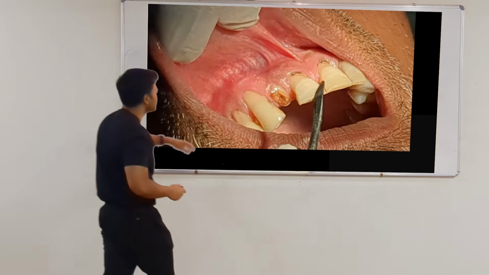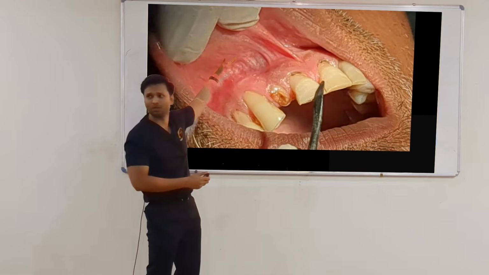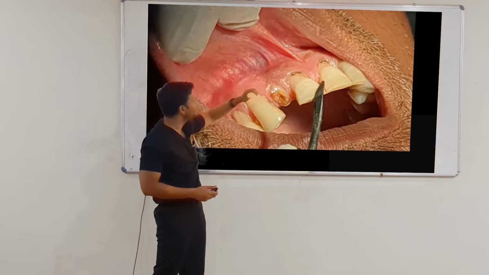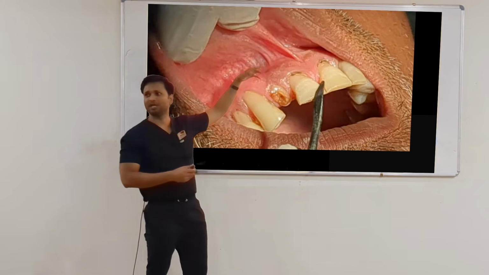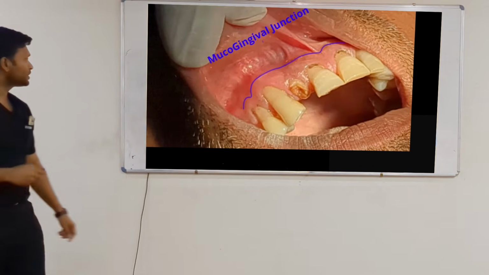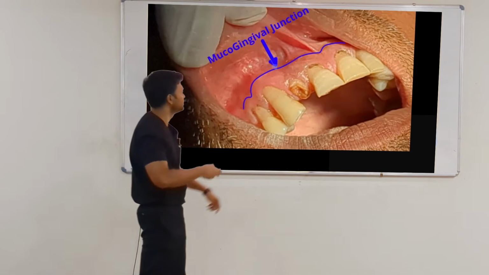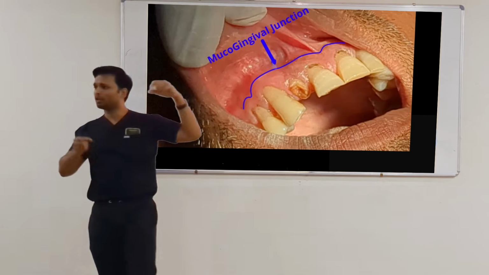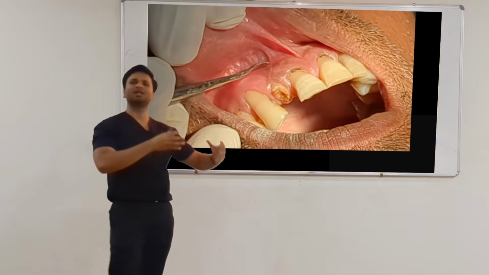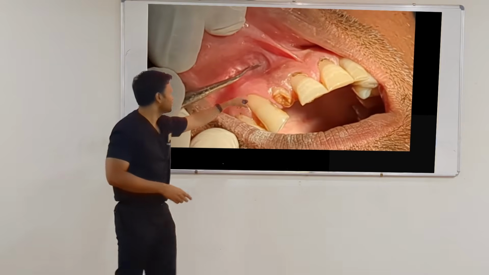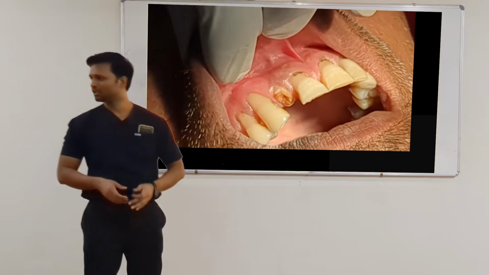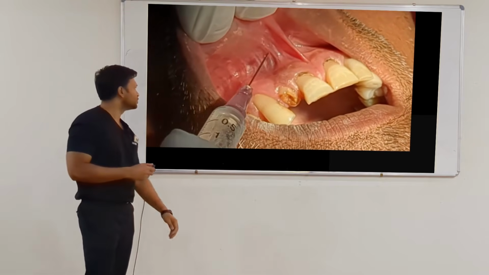So what you're supposed to do is, this is the attached gingiva, this is the free mucosa, okay? This is the mucogingival junction. So you are supposed to deposit the LA solution 5 mm above the mucogingival junction at the apex of the tooth. This is a video. So you can see, this is the mucogingival junction. So इसके 5 mm above ऊपर करना है, because that is a free mucosa, and वहाँ पे we already have some space to deposit the local anesthesia solution. Okay? So I'm showing this is the mucogingival junction, and 5 mm above the mucogingival junction, we are supposed to deposit the LA solution. Okay?